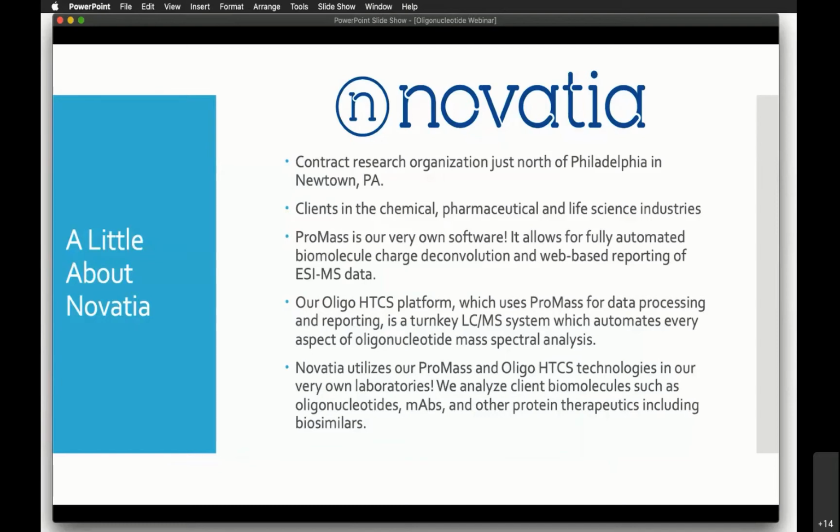That is the software that we're using on a daily basis to analyze your oligonucleotides and our oligonucleotides. And that's something that Mark came up with here, and we use every day, all the time. So I'll get into details about that. But that's coupled with our Oligo HTCS platform, which is the whole instrument software combo that we use to run